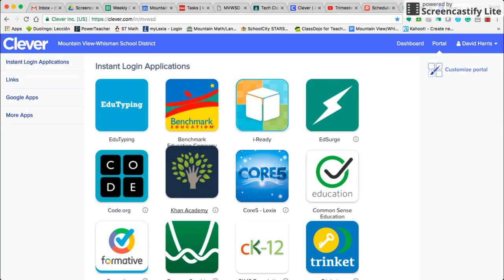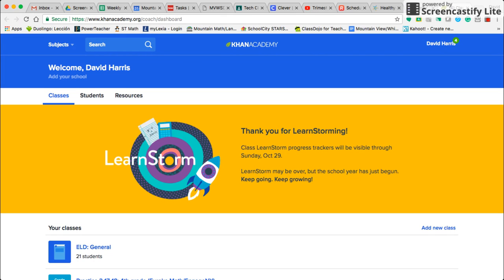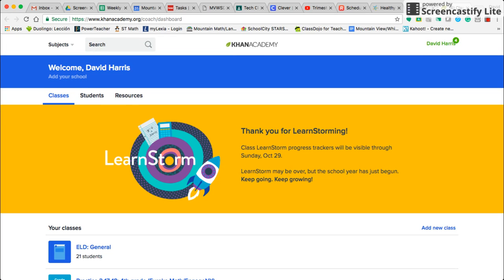When you get to your Clever portal, you're going to click on the icon for Khan Academy. And what you should have happen is you should have your coach's homepage open up. So it should list classes, students, and resources. If you don't see that page and it opens up to a different dashboard for you, you can click on